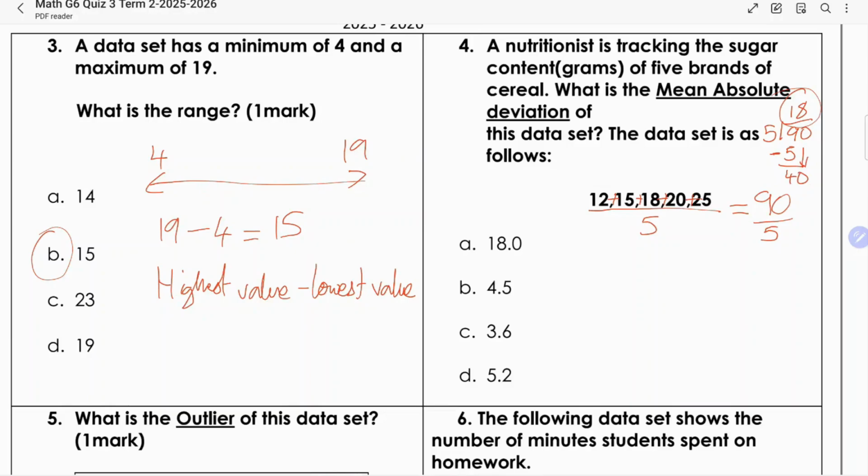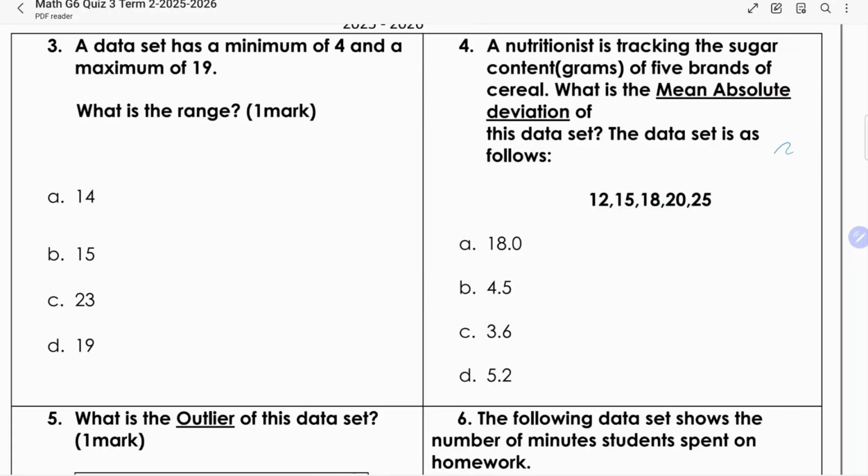Now we found the mean. We're not asked to find the mean. We're asked to find the mean absolute deviation. So as we said before, absolute deviation is the distance from the mean. So how far is each value from the mean? So we've got our mean as 18. So we're going to take the absolute value, absolute deviation. So 18 minus 12,